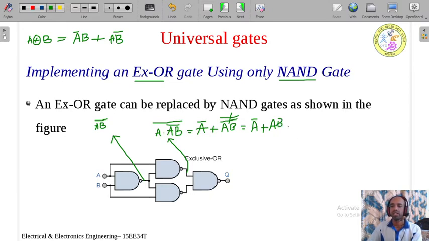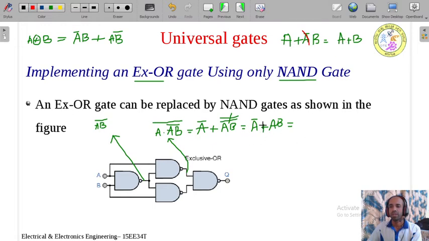So from the Boolean identity, or from the Boolean rules, I know that A plus A bar B, suppose if I am having A plus A bar B, then this can be written as A plus B. A plus A bar B is always equal to A plus B. This means that if I am having one variable and its complement is available here, then I can neglect this complement. I can neglect this one. So what remains here? It is A plus B that remains.